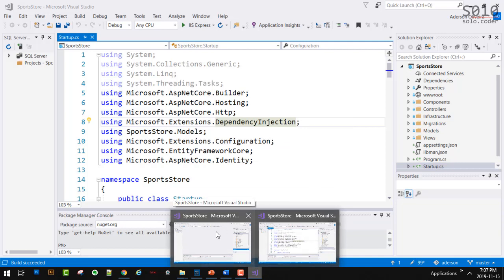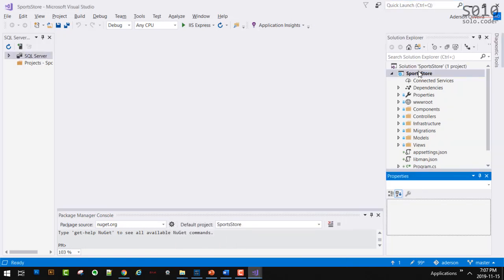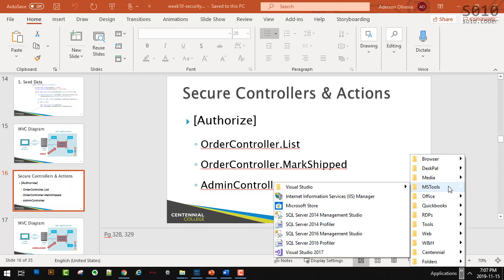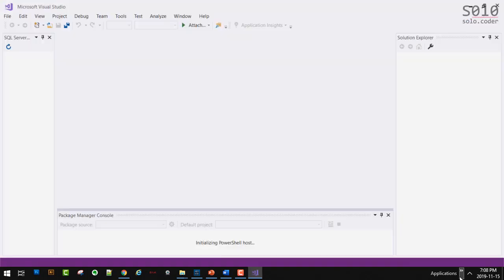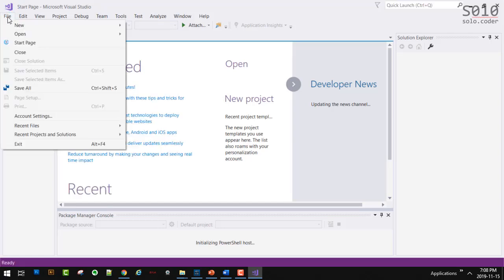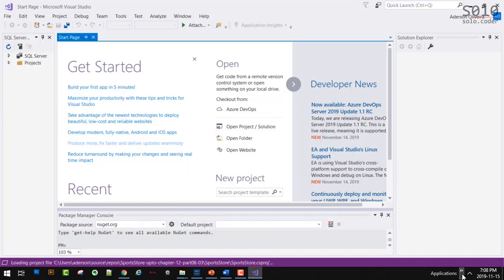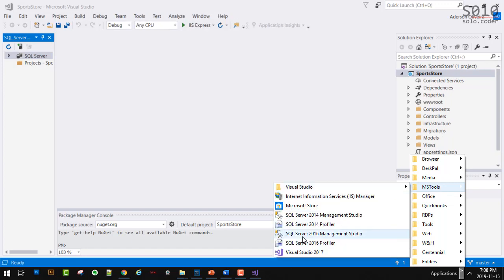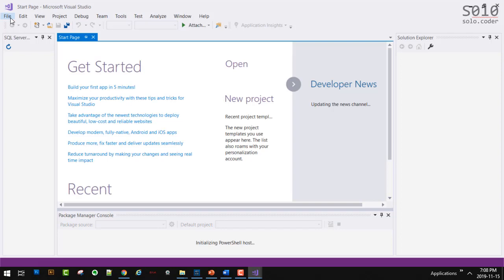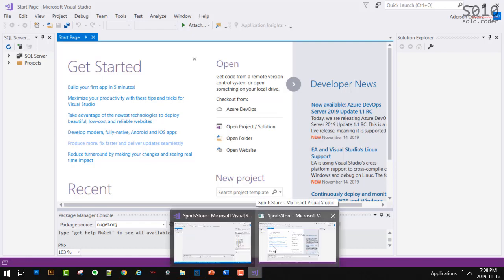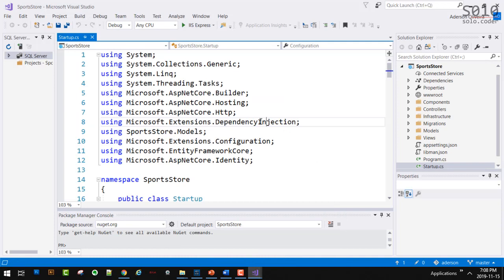Okay, that's the type of problem that you have when you try to run multiple versions of Visual Studio at the same time. But let's close and open again.